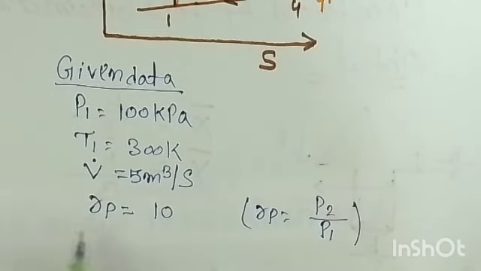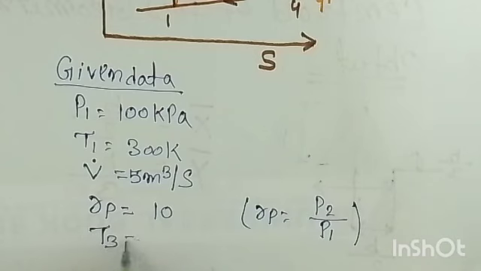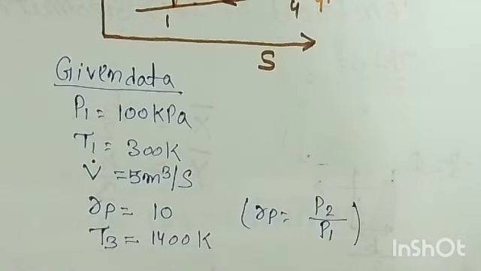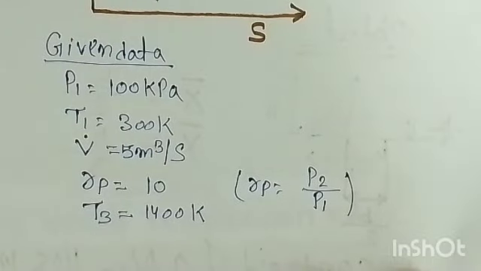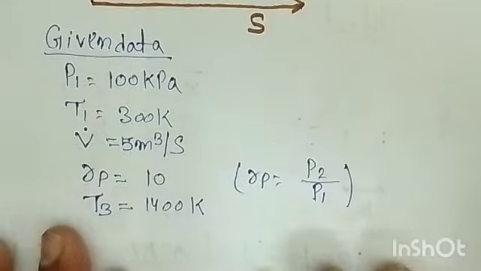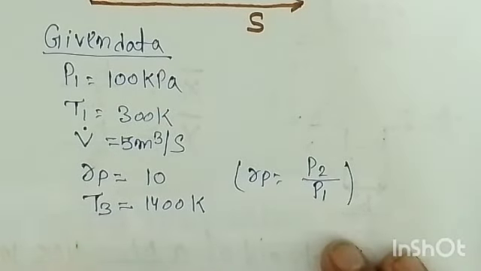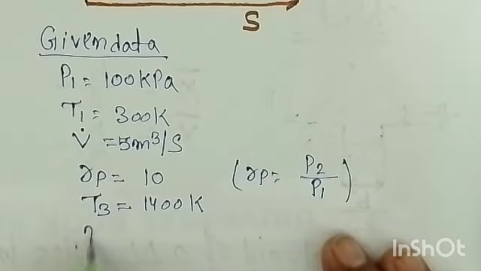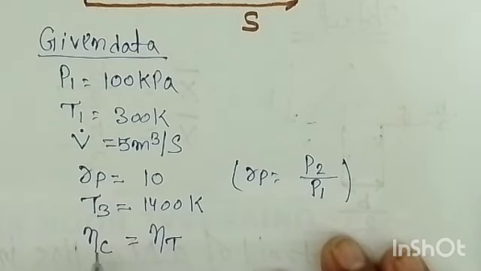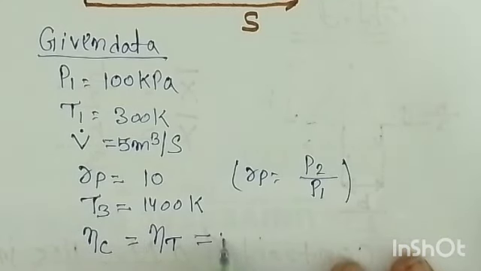So the turbine inlet temperature is 1400, which is nothing but T3. So T3 is how much? 1400 Kelvin. Alright, as well as the efficiency of compressor and the turbine efficiency is given. So both the efficiencies are the same. It is given in the question that compressor efficiency eta C is equal to eta T. That is, eta C is the compressor efficiency and eta T is the turbine efficiency, which is 80%,